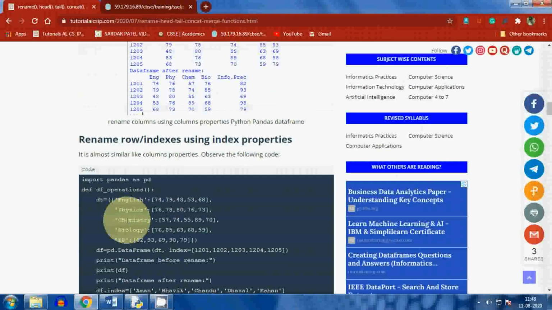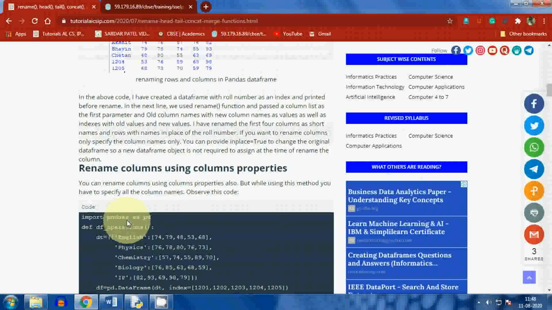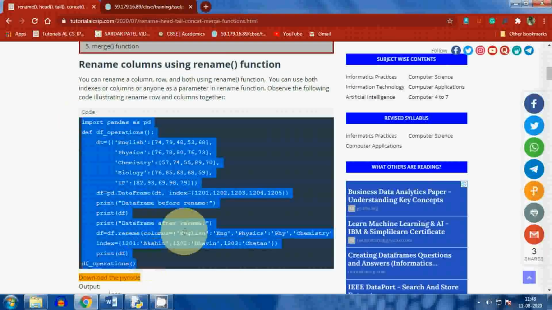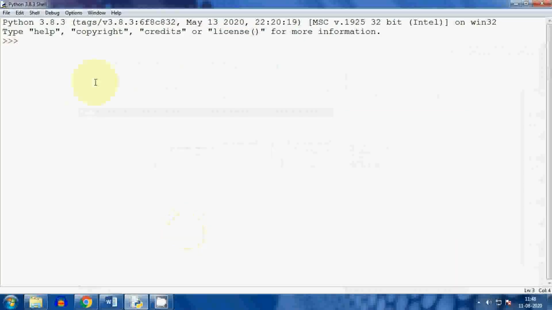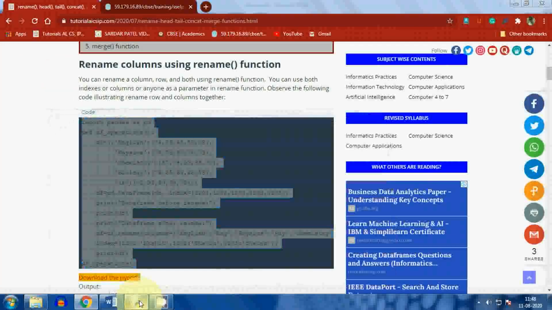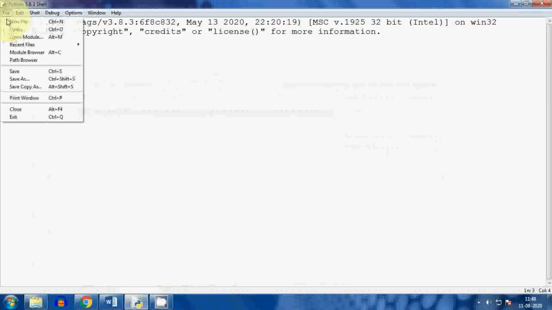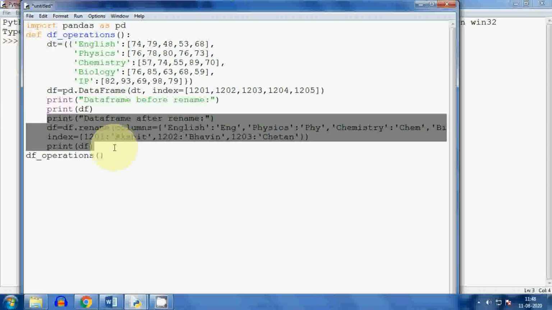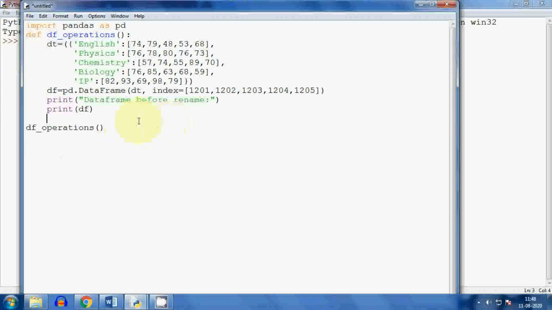First I will copy this, open a new file and paste. I will show you that practical. First you have to create one data frame. One data frame is already with me here.